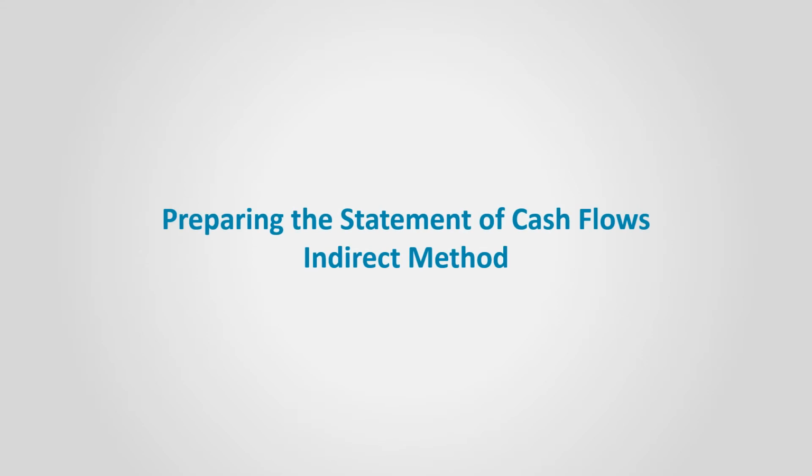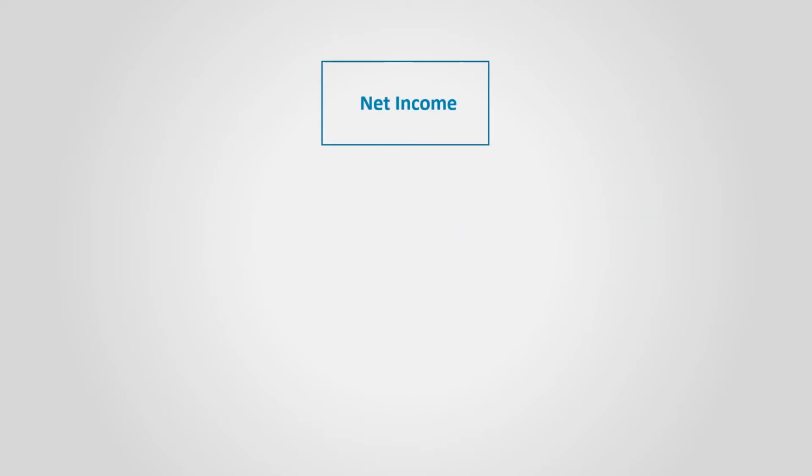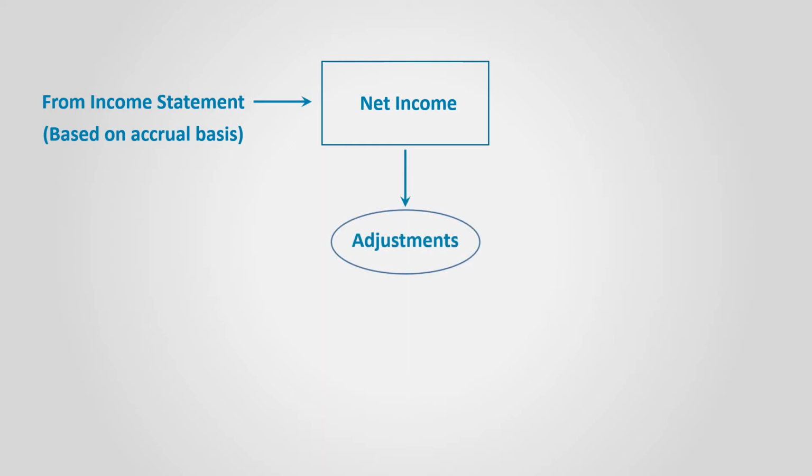Preparing the statement of cash flows by using the indirect method. As you recall, in order to calculate the operating cash flows based on the indirect method, we will start with the net income figure, which appears on the income statement and is calculated based on the accrual basis. Then we will carry out several adjustments to recognize only the cash effects and ultimately reconcile with the cash figure